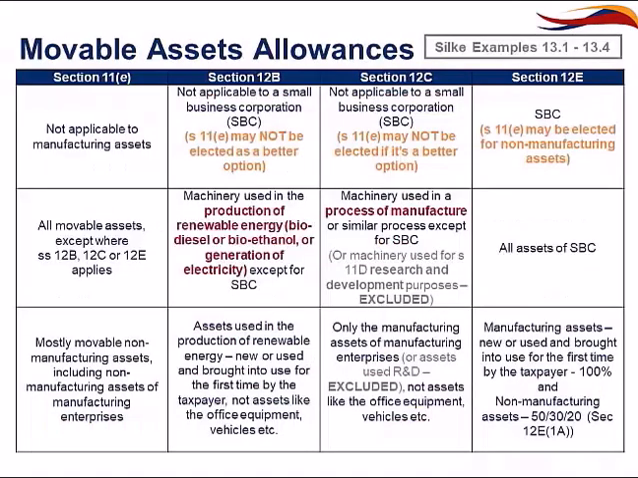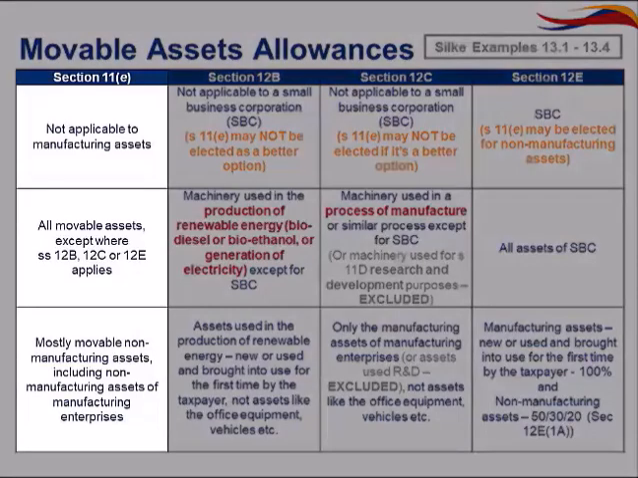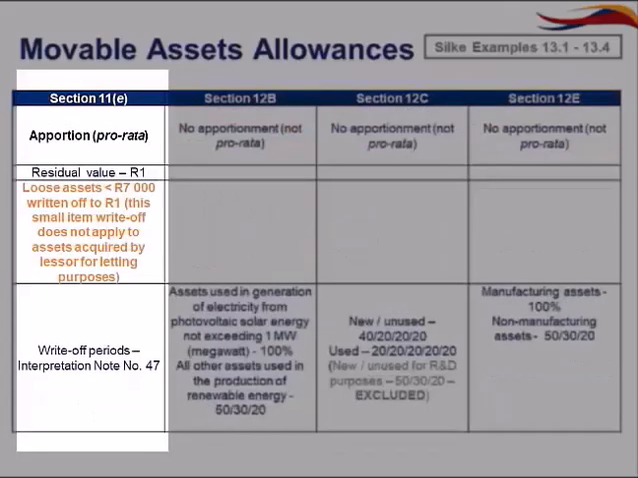If we have a look at some of the detail, you'll see section 11E. Section 11E, all movable assets except section 12C or 12E, where 12E applies. With section 11E, mostly movable non-manufacturing assets, including non-manufacturing assets of manufacturing enterprises, would fall under section 11E. We apportion section 11E for part of the year, if that is when we brought it into use. We need to remember we will reduce it to a residual value of R1, so it does not get fully